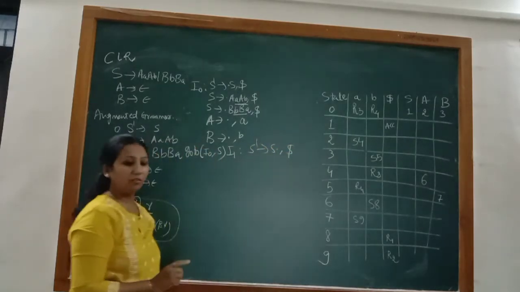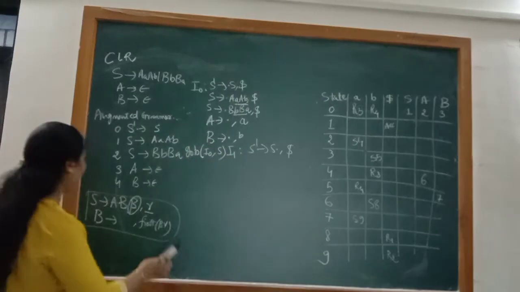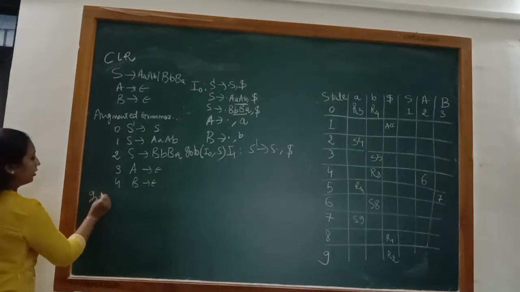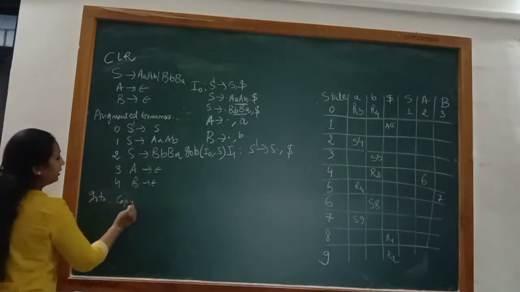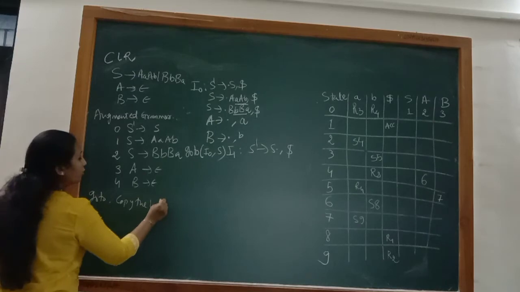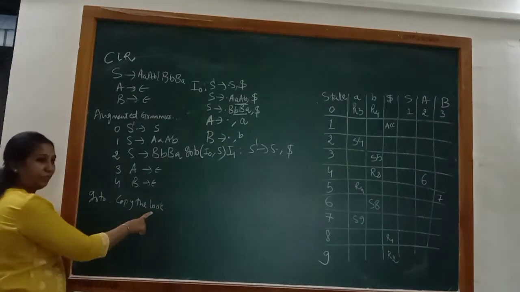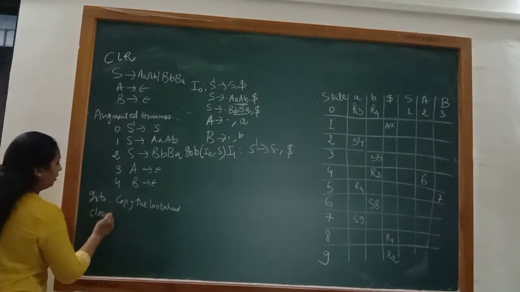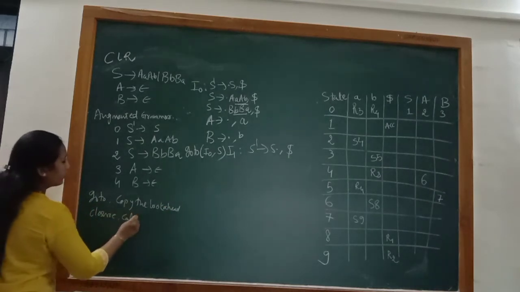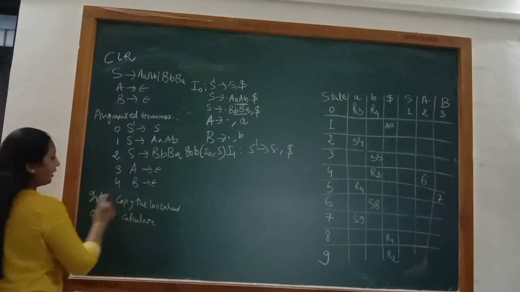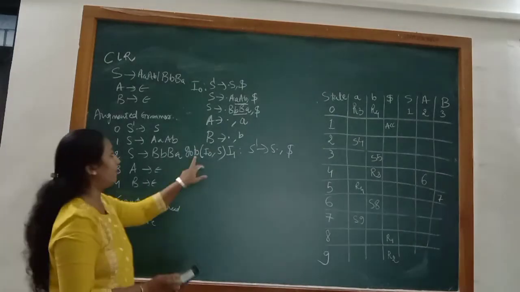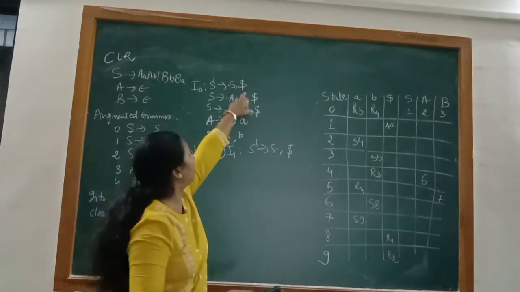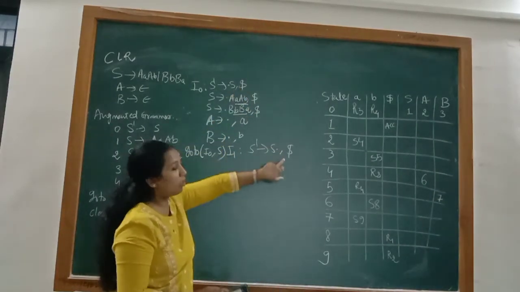One more thing, a very important rule that I am writing over here. When we apply go to operation, copy the look ahead. So when we apply go to, copy the look ahead, and when we apply closure, calculate the look ahead. Okay, so remember these two things. When we apply go to, copy the look ahead. So when I apply go to here, I have copied the look ahead. I1 is S raised to S dot, and I have copied the look ahead, that is dollar, as it is.